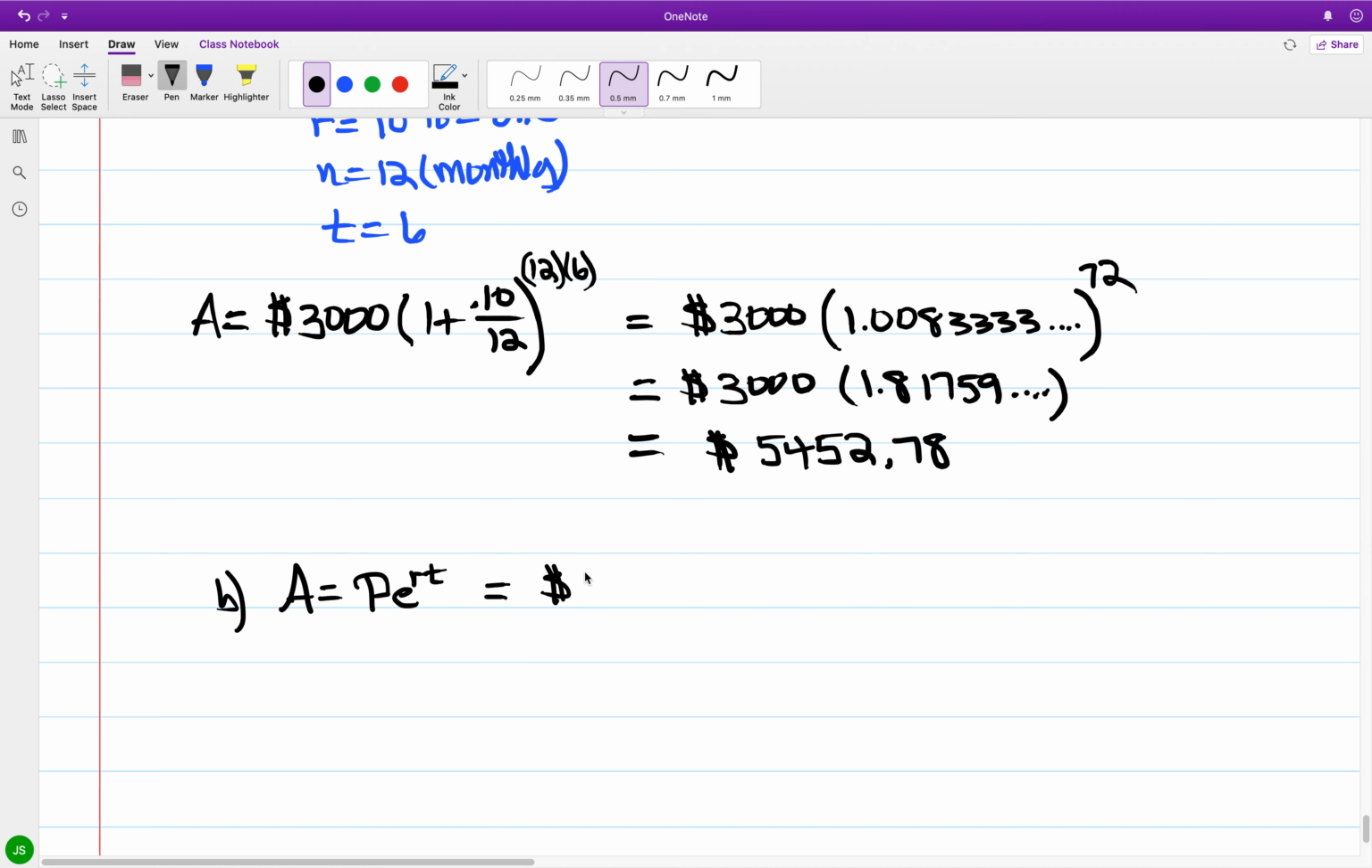P is still $3,000. We have e to the r times t. Now r, again, we have at 0.10, and the time span is 6 years. And 0.10 times 6 is going to be 0.60. So in this case we have e to the 0.6,